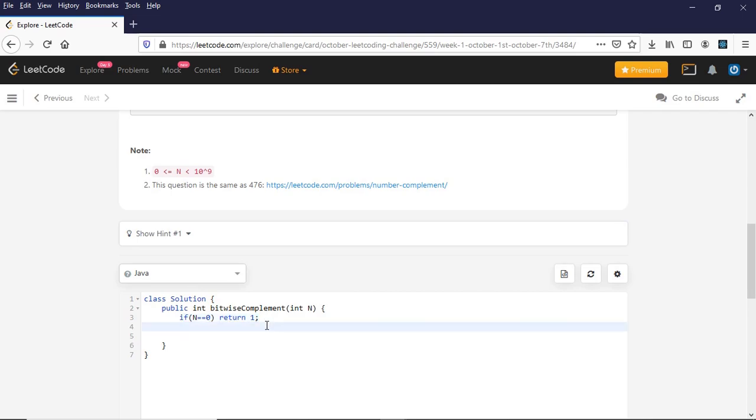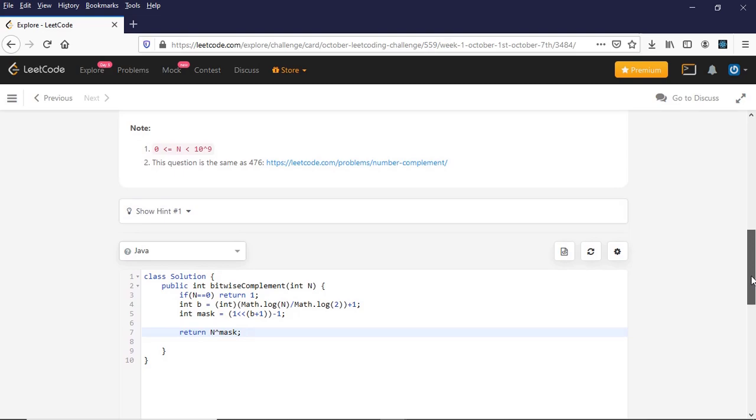So let us do int b equal to math dot log of my n. I will add a plus 1 to this. So this will give me my number of bits. Once I have the number of bits, I can do the left shift of 1. So my mask equal to, I am left shifting 1 by the number of bits plus 1, and once I have that value, I can subtract 1. So this will be my mask, and once I have the mask, I can simply return n XOR mask value.